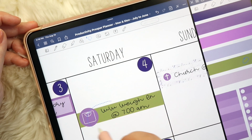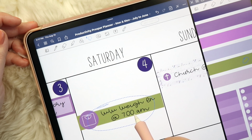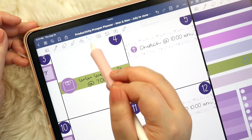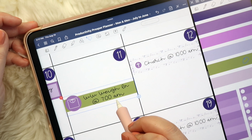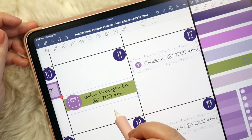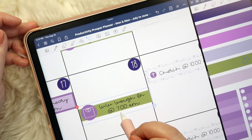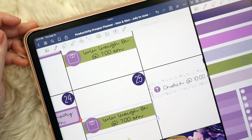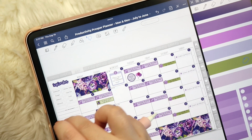Okay, that works. And then I'll just grab all that and move it up, or technically in the morning, but I think I'm just gonna, just to kind of stagger it a little bit, I'm gonna put it like that. So we're gonna do copy and paste. And then another paste. And there we go. Okay, so now the weigh-ins are in, and I've got gym classes in,